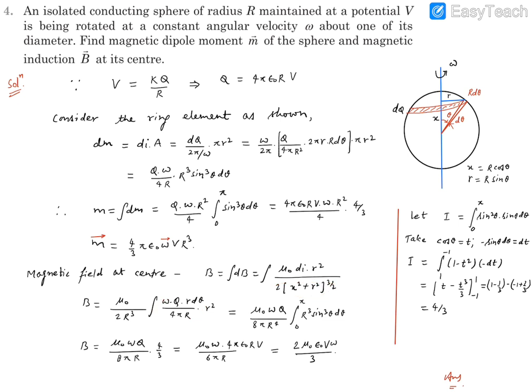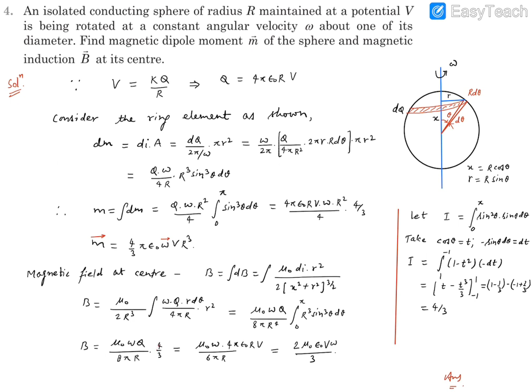Now in this, you will find omega is outside, q is outside, and this 4 pi r is also outside. So it will be mu naught omega q upon 8 pi r raised to the power 4, and this will be again r cube d theta. Small r cube can be written as capital R cube sin cube theta, so this capital R cube can be taken outside. It will again become sin cube theta d theta from 0 to pi, and that number, 4 by 3, we have already calculated. This will settle this r cube. So we get mu naught omega q divided by 8 pi r into this integration of sin cube theta d theta, which is 4 by 3.